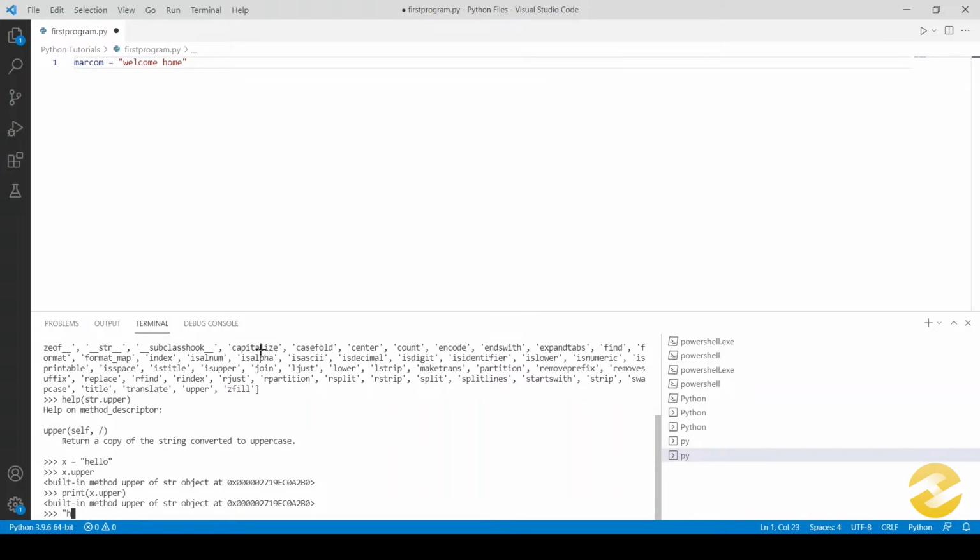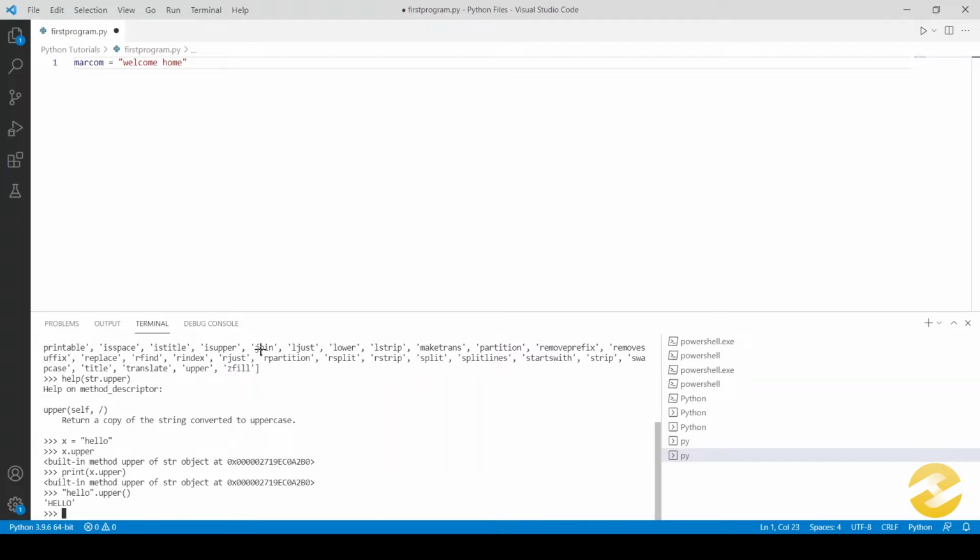Yeah, so I just do it like this, hello dot upper, and then the brackets. Now it is very important that whenever you're using a method, you need to use it with brackets at the end of it. Now when I press this, you can see that my string hello has been converted to uppercase.